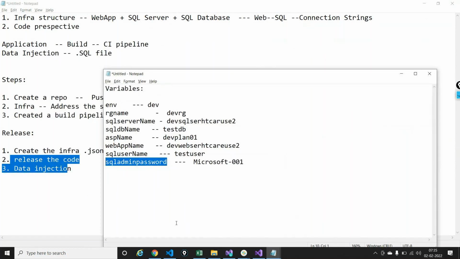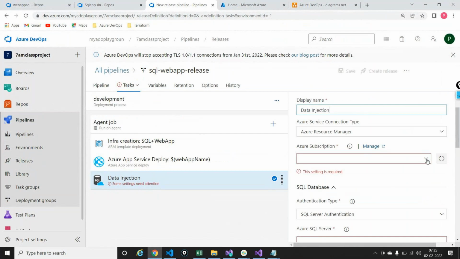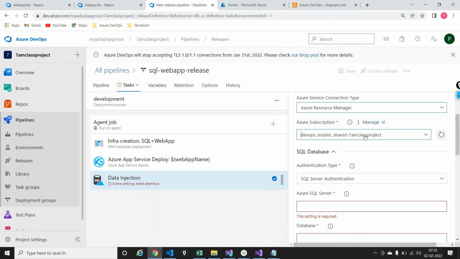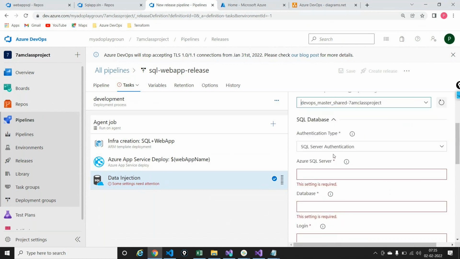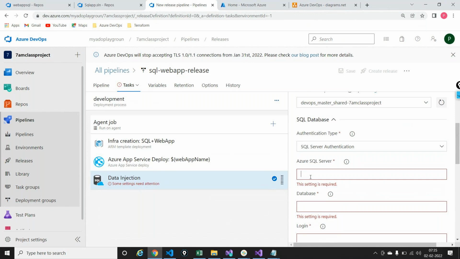So now if I go into the task, it's going to ask me a couple of things like what is the name of the subscription. I'll say this is a service connection that you need, and it's telling me how should I authenticate your SQL server, like what do you want me to do. Do you want to give me a password, connection string, what it is? I will say I have the SQL Server ID and password. Firstly, it's asking me what is the Azure SQL Server, and if I click here, it's telling this is how you should pass. It should be Fabricam in case your server name is Fabricam, it's telling